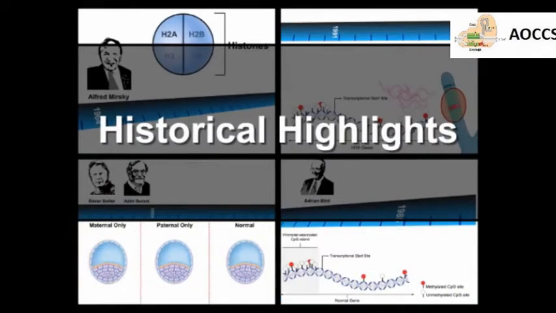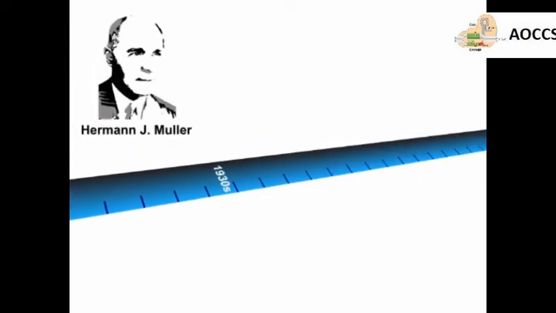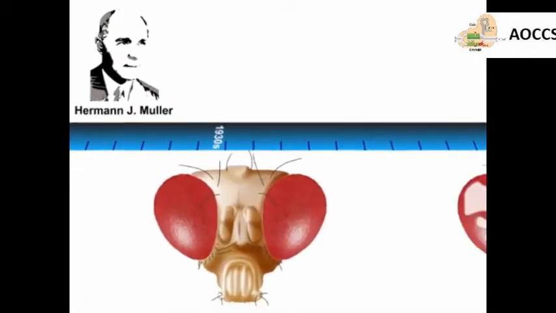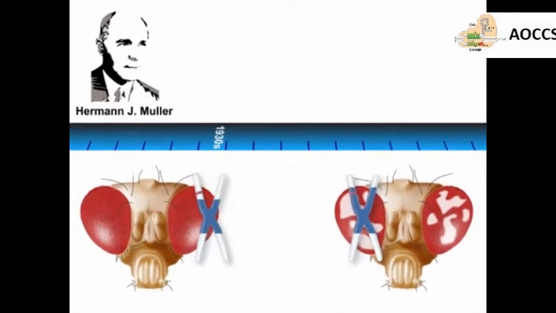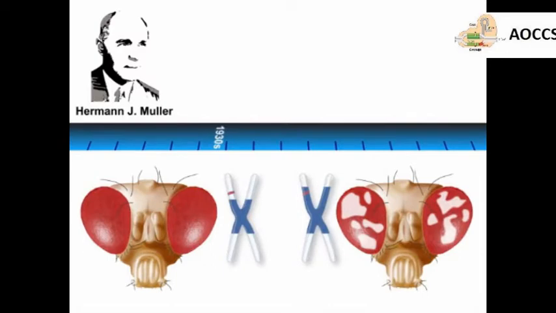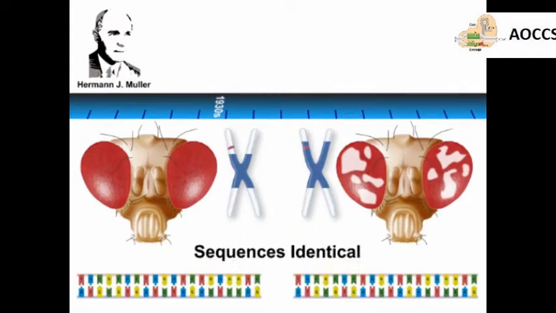First, let's review several key moments in the history of epigenetics. In the 1930s, Hermann J. Muller observed a phenomenon known as position effect variegation in Drosophila. He found mutant flies with mottled eyes and linked this phenotype to the variable spread of condensed heterochromatin that silenced the gene responsible for eye color. This would be the first identified epigenetic phenomenon where a phenotypic change was observed without a corresponding change to the